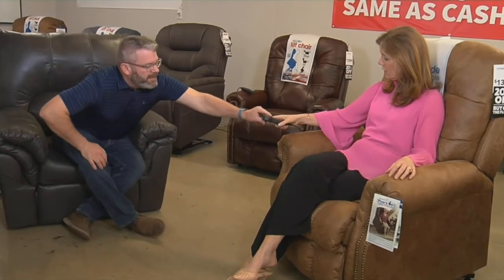Absolutely. And with the remote there, you can control the recline of the footrest. So the bottom one right there is the recline. It'll bring you down and then go backwards right there. You'll feel your footrest come out, and then it'll take you back into a lay flat position as well. But think about it. If you're struggling with an arthritis issue, maybe you've had a heart condition, as you mentioned, and that...